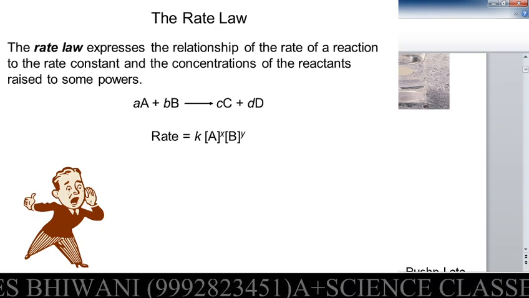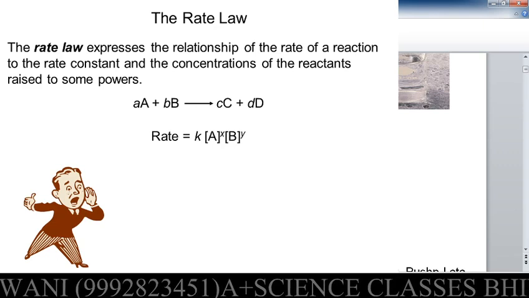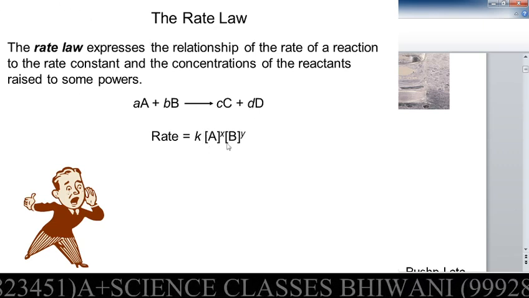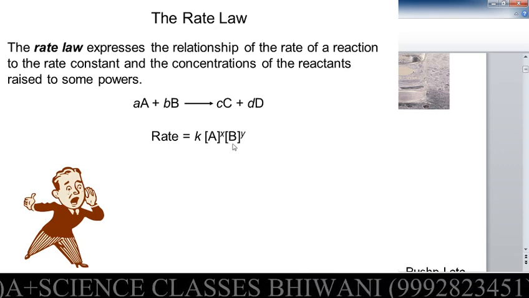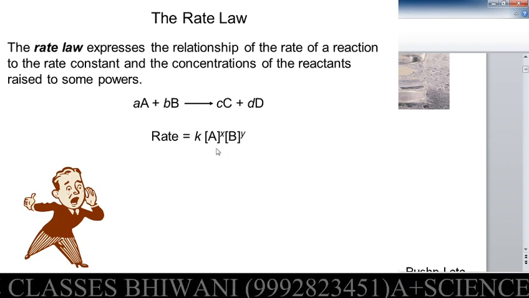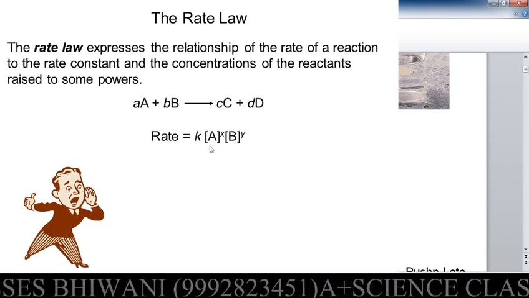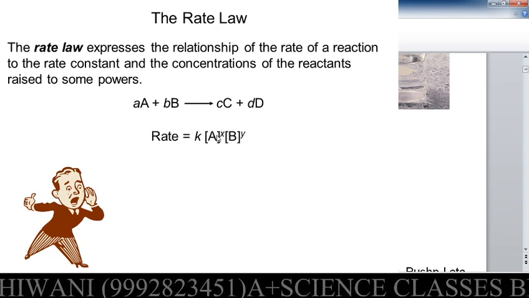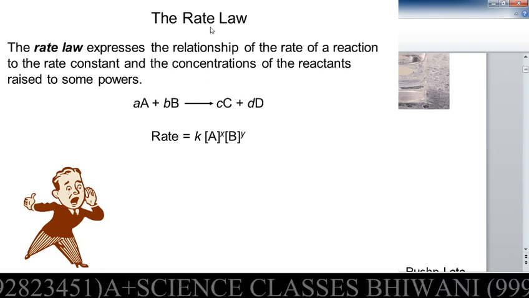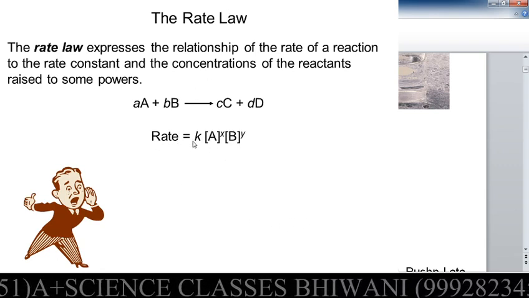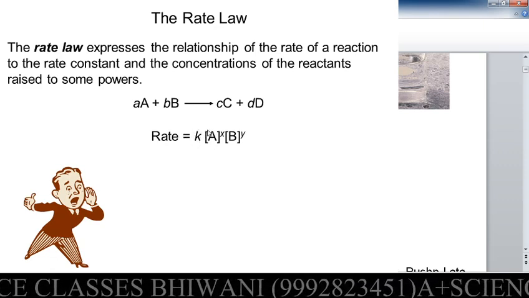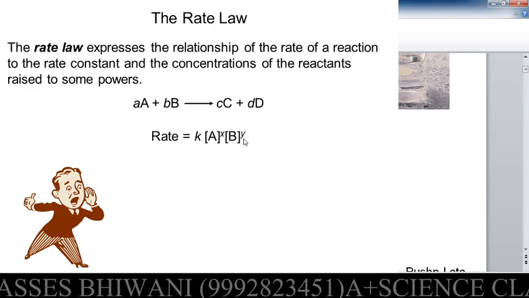The square brackets used against A and B are used only for the molar concentration. If you noticed clearly, in the rate expression, if we are not writing square brackets, it doesn't matter, where we are just using delta A upon delta T. Clear? So this is the rate law: rate is directly proportional to the molar concentration of A to the power x and B to the power y, with k as the proportionality constant.